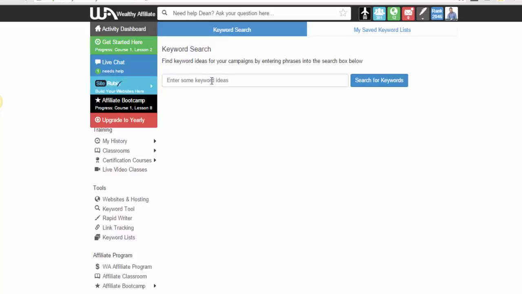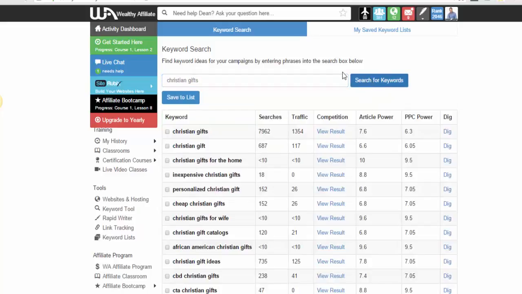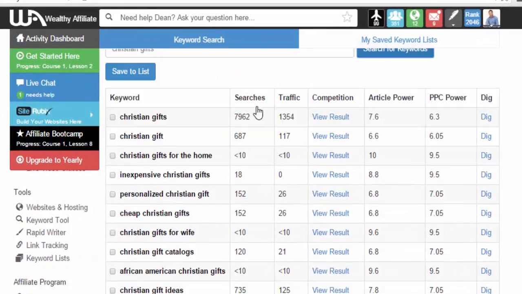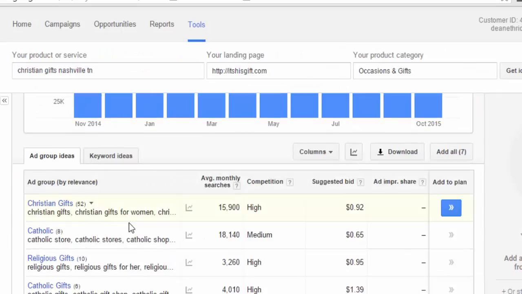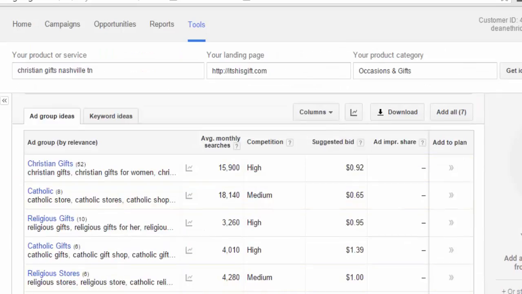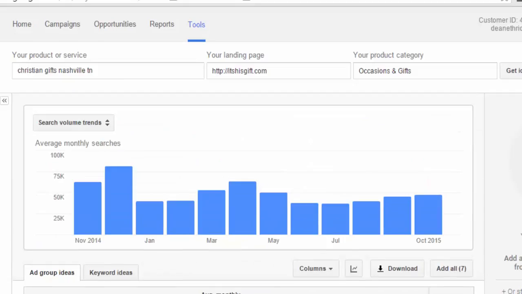You get a free trial to look at it, but you can see, let's just type in Christian Gifts, and I'll show you the difference. Okay. All right. So this is showing my article power and PPC power and different options on keywords that I like better. This gives you some other ideas, but it's not great. You know, it's kind of cumbersome to use.